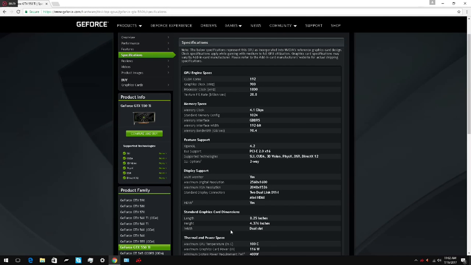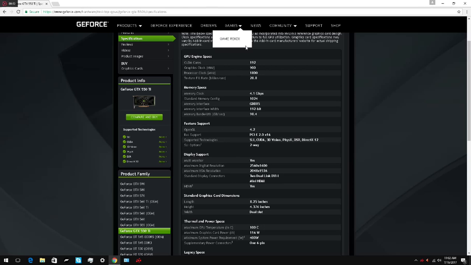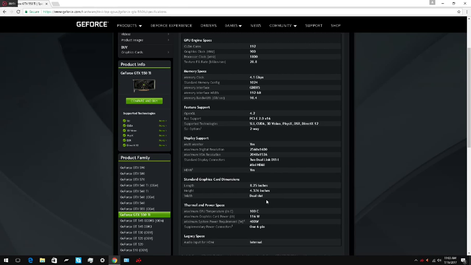I don't even remember, it doesn't show on the page. But it has 192 CUDA cores at 900 megahertz and has a gig of GDDR5 on a 192-bit bus at around 98.4 gigabits per second. Yes, it was an HDMI, but it requires a singular 6-pin. It's a dual slot, kind of longish card, and technically speaking, it does support DirectX 12, but